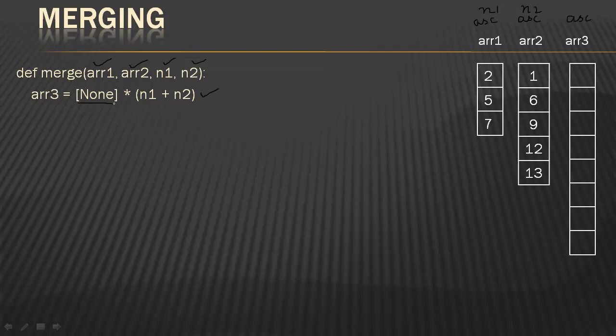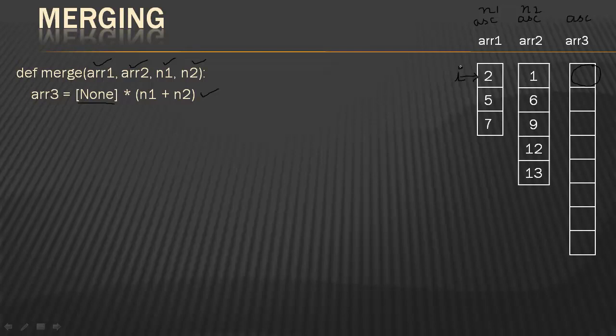Okay, now I'm telling you the logic. Your concentration should always be on what you want as the first element of array 3. So what do I want here? The smallest element, correct? Because it's ascending order. Where is the smallest element in array 1? On the top, correct? So I place a variable i on the top here.